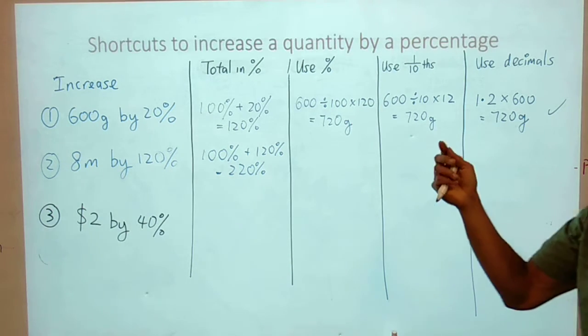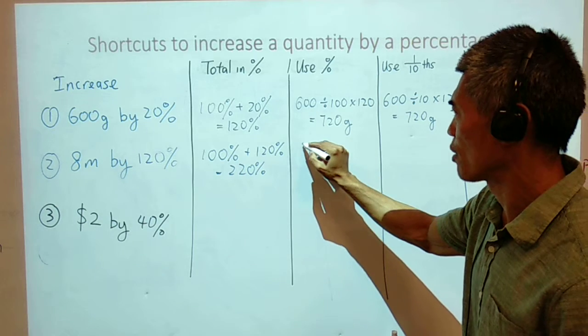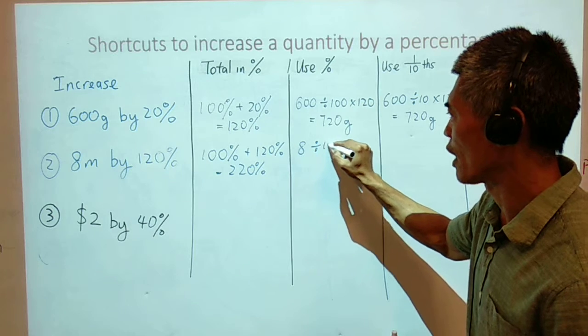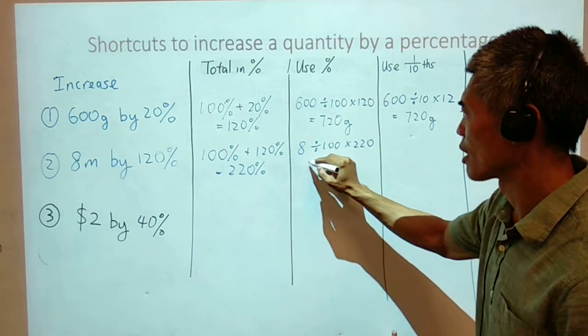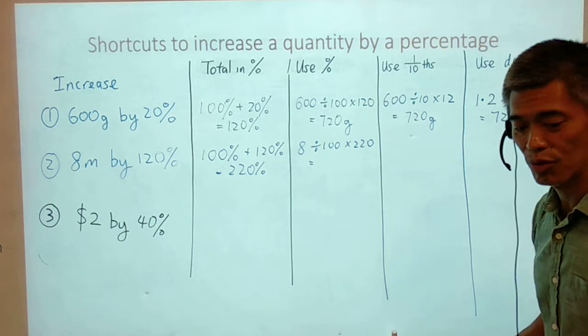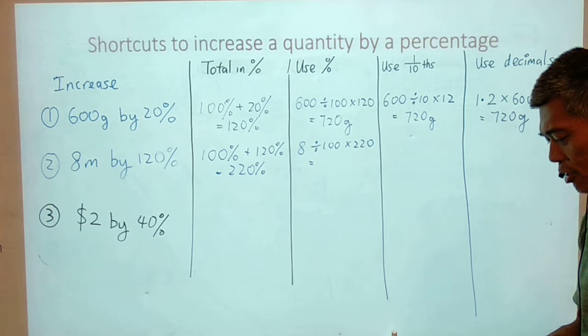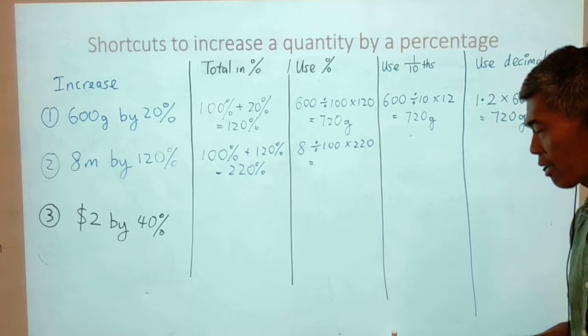Again, if you're going to use the definition of a percent as 1 over 100, you're going to straight away take 8 divided by 100 times 220. If you do that on a calculator, that gives us